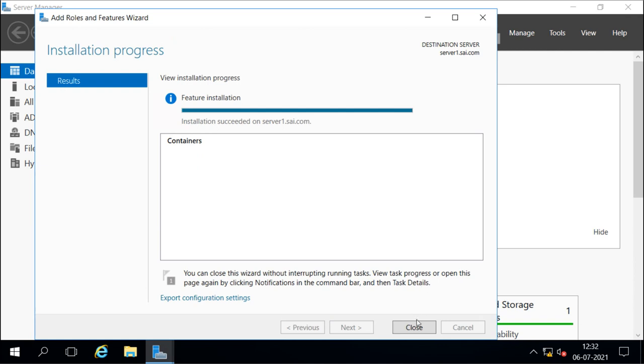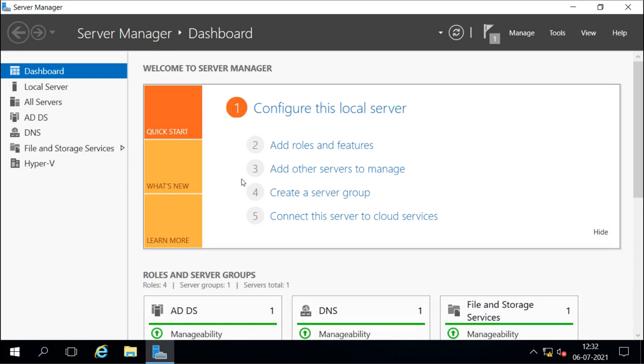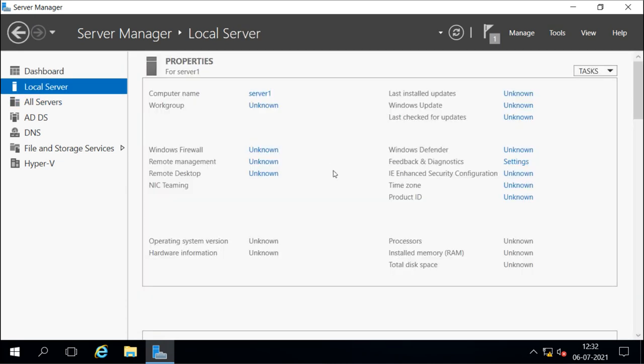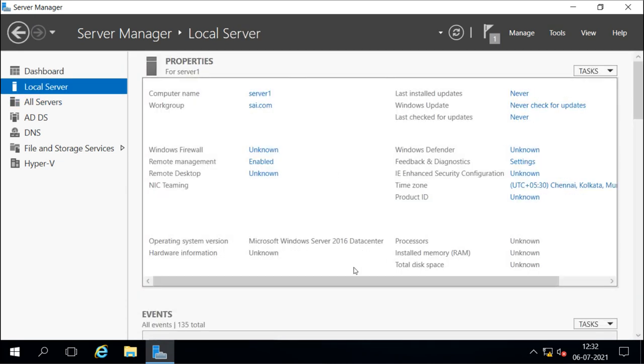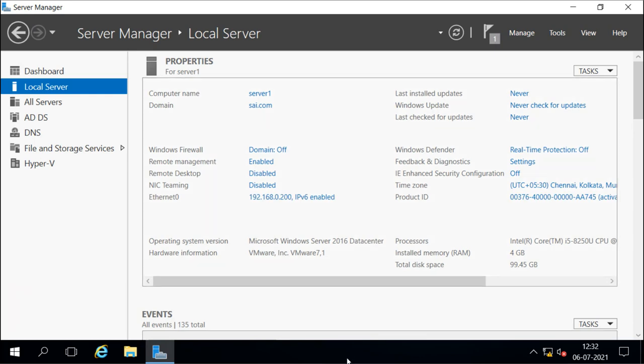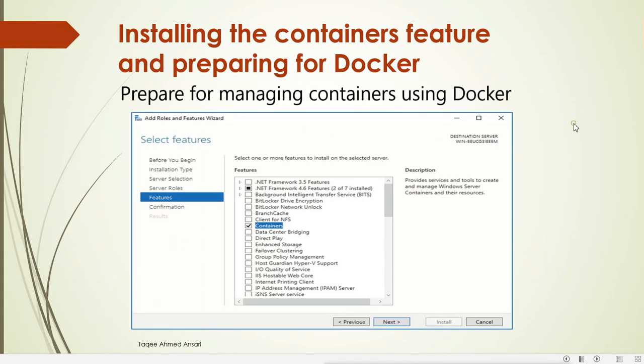So you can see this container feature is installed now. So this is how we can install the container feature.